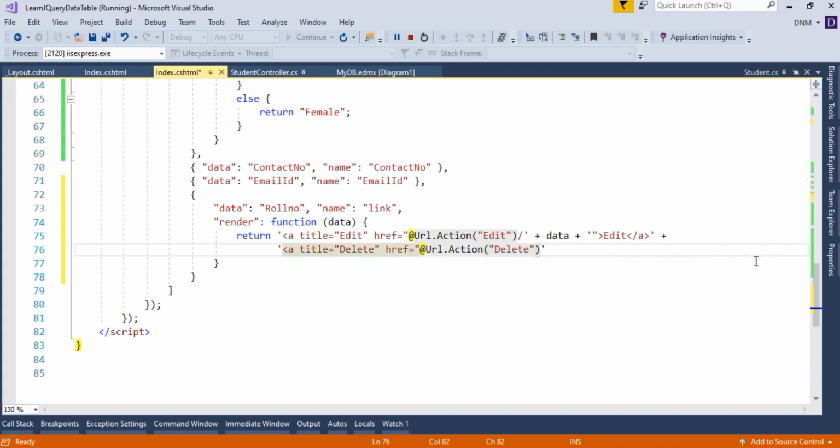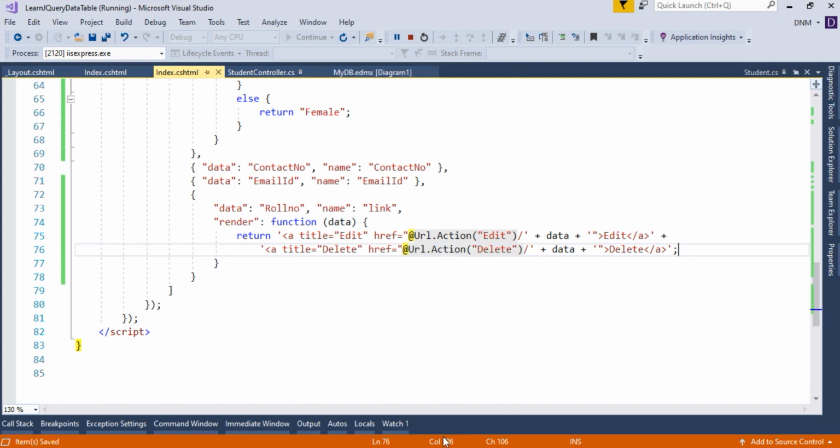Then slash, to this delete action method I want to pass roll number which is available to us through this data argument. So here I'll say data, then plus, so just close this double quote, then the opening anchor tag gets closed, then the text that we want to display, that is delete, and then closing anchor tag. Done. Okay, now save it.